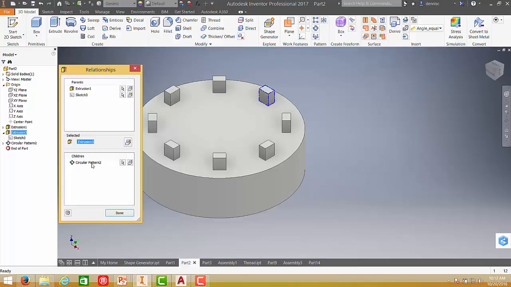So if I select the circular pattern 2, this circular pattern 2 is dependent on the extrusion 1. So if I delete extrusion 1, circular pattern 2 will also be deleted. So that's the parent relationship for part creation in Autodesk Inventor 2017.